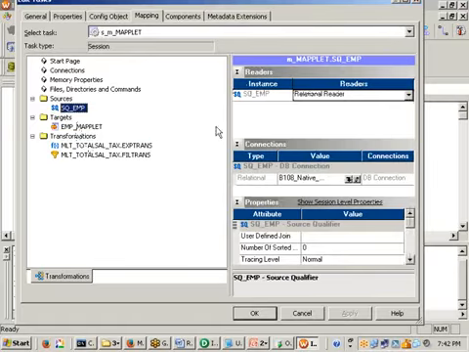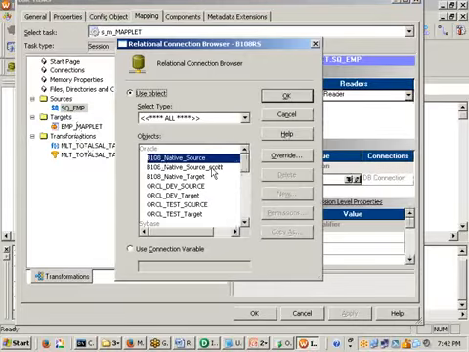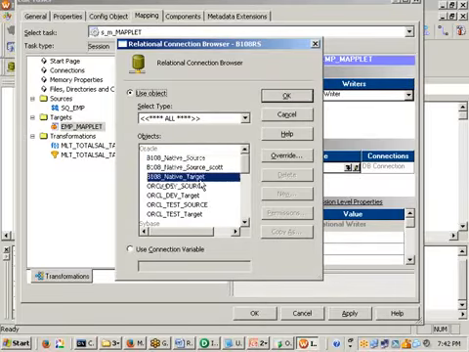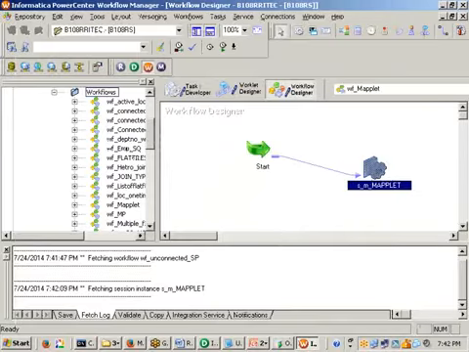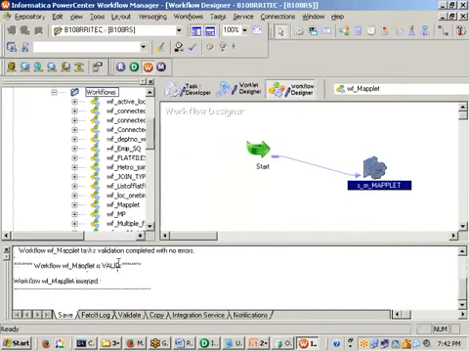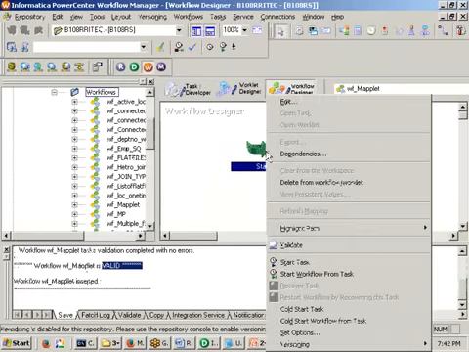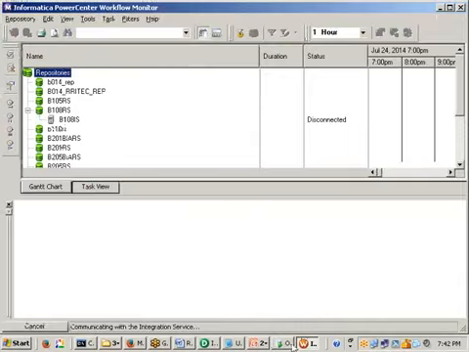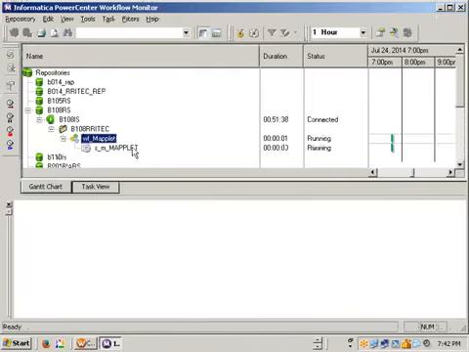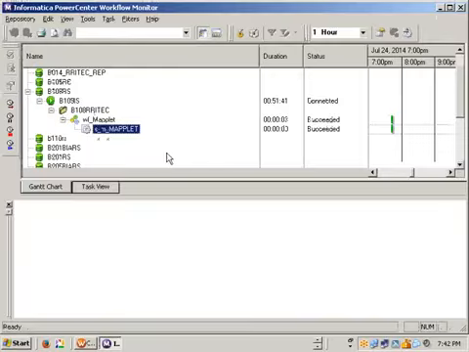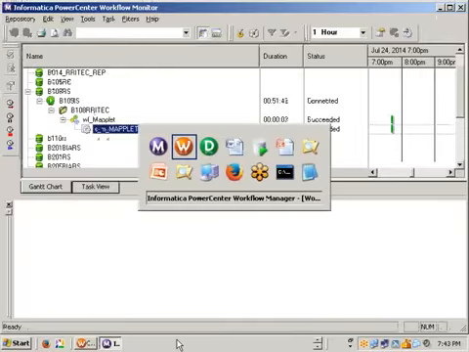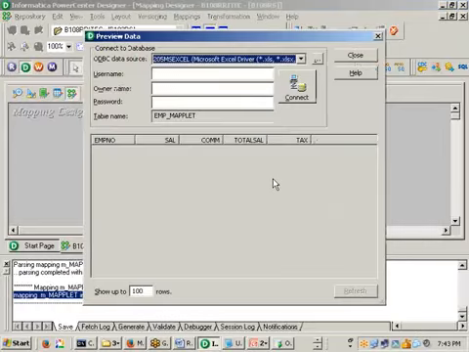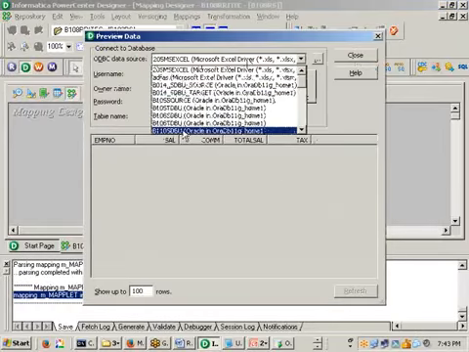Okay, right. For the SQ_EMP connection I want to give Scott, and for the EMP_maplet connection I need to give target. Okay, then save this. It is saved. It is valid. Now select a start task. Go for start workflow from task. Whenever you run it, if everything is done correctly, it is going to succeed and we should get the data into the target. Let us right click on this target, then preview data, then go for B108,